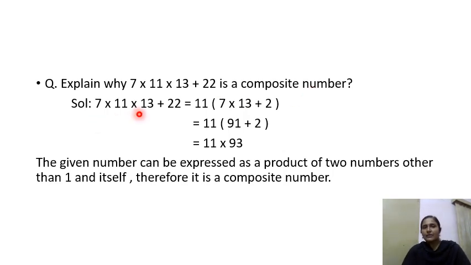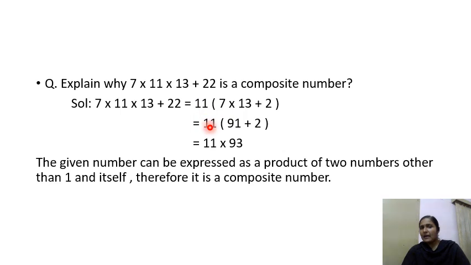Okay. So 7 into 11 into 13 plus 22. So just to check there, 22 is coming in the multiplication table of 11 there. So we have two terms there. One is 7 into 11 into 13. Then the next term is 22. In these two terms, we have 11 common. So 11 taken outside. So from the first term, if I take 11 outside, what is the remaining numbers? 7 into 13. So that we wrote here 7 into 13 plus from here 22 can be written as 11 into 2. So 11 taken outside. So remaining it will be equal to 2.